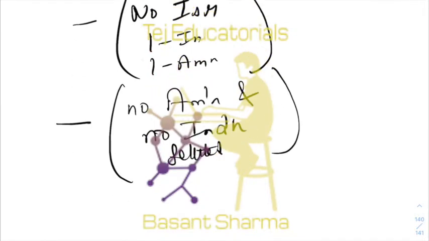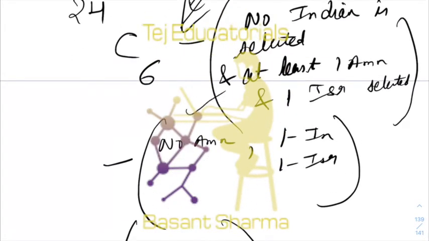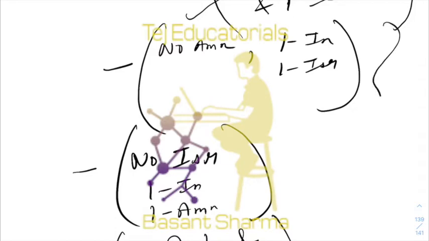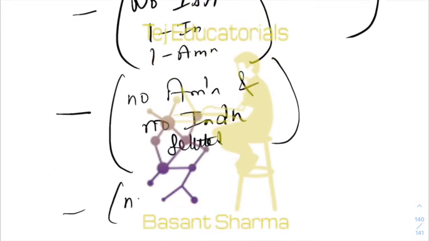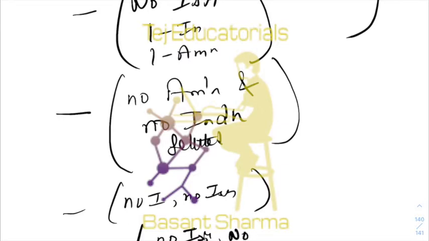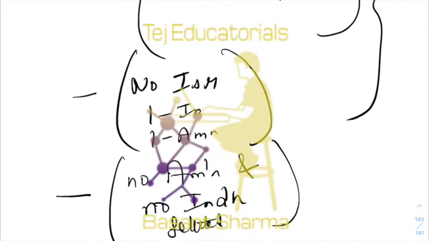Okay, see, the first unfavorable case is that one of the nationalities is missing, and at least one of the other two nationalities is there. Okay, these are the three cases. Then one case would be when two nationalities are missing. So no American, no Indian, minus no Indian, no Israeli. Okay, minus no Israeli, no American, no Israeli, no Indian, no Israeli, and no Israeli and no American. Okay, so these are your